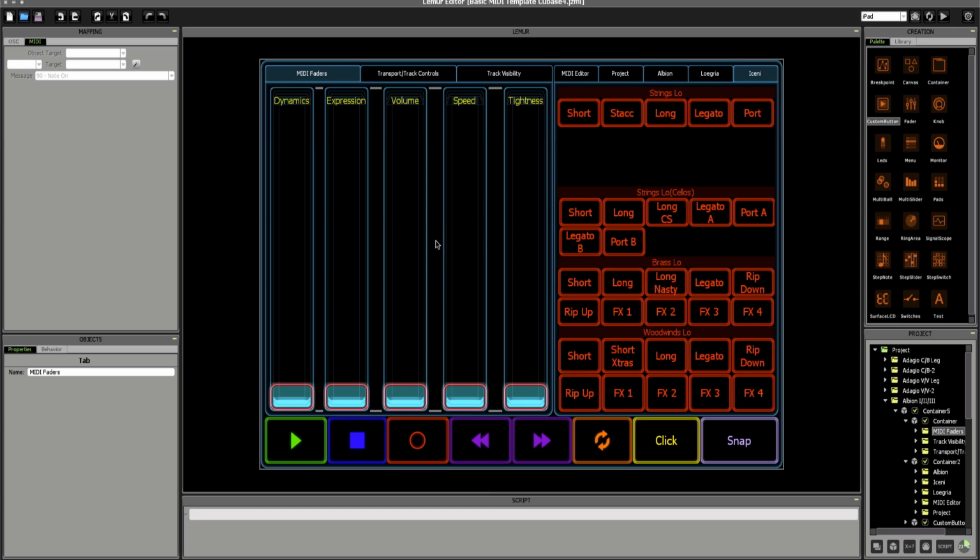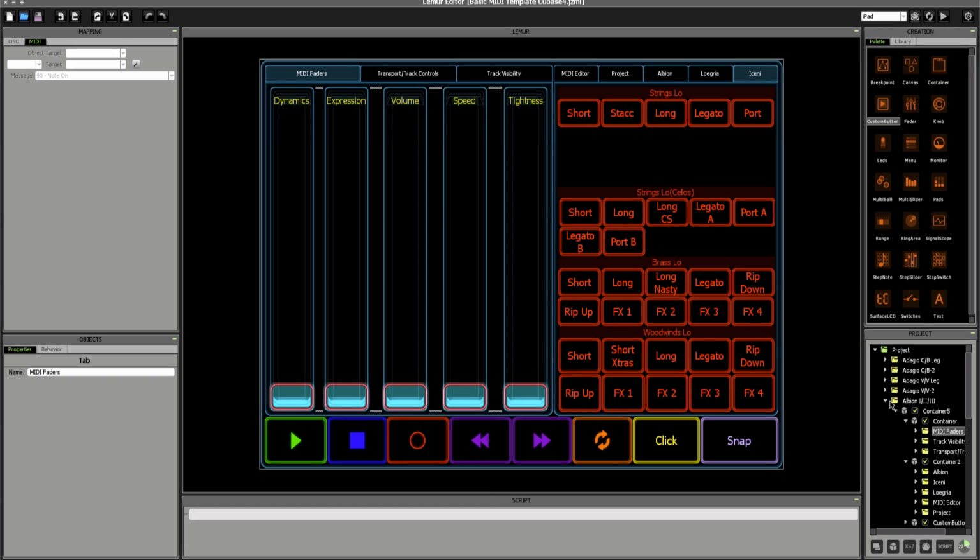And I have pretty much all of my main VIs that I use, especially ones that utilize a heavy amount of key switching and MIDI CC control. I've created tabs for them in my template as it is. So before, what we were just looking at, and this is a good point to bring up as well,